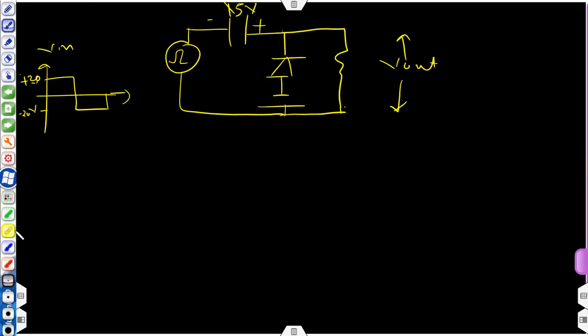And we will start with the positive half cycle of input, and again you will see that for both positive and the negative half cycle, this diode will be in off state. This means that after this charging, the diode will always be in off state. So again we will prove this. So for positive half of input,